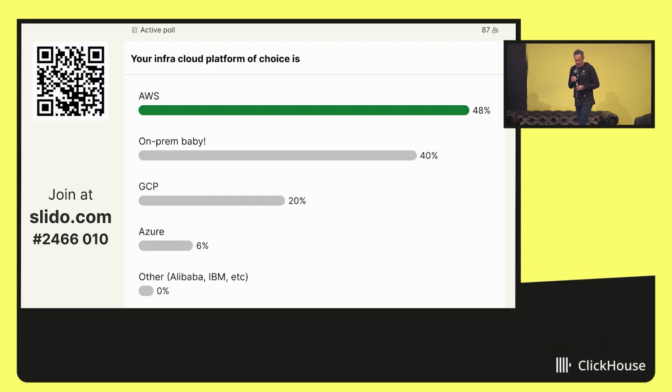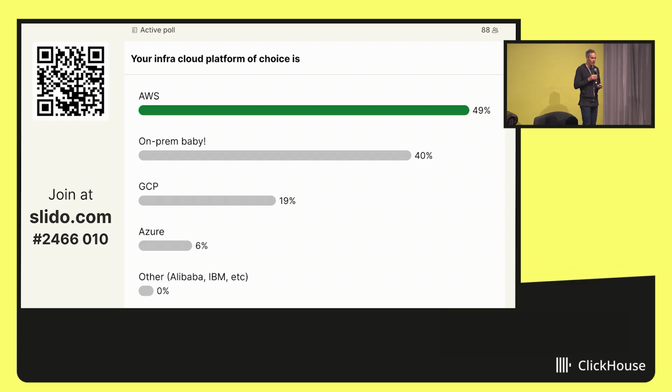Thanks for flying out. So of those 2,000 customers, over 70% are on AWS, and then over 20% are on Google Cloud, and then the remaining would be on Azure. So not necessarily the same sampling in the room today.